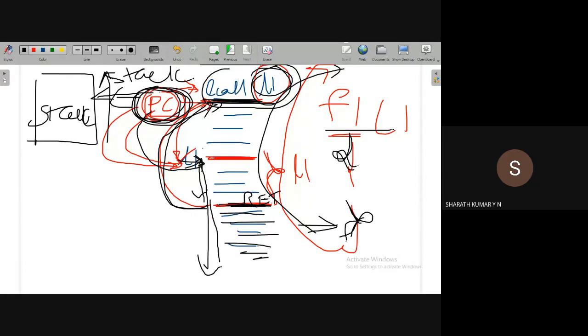It will continue this main program instruction. It will never go back to the calling program, or it will never go back to the point from where it had left off. So thereby, the return instruction has to be used. This return instruction execution will take the control back to this point.